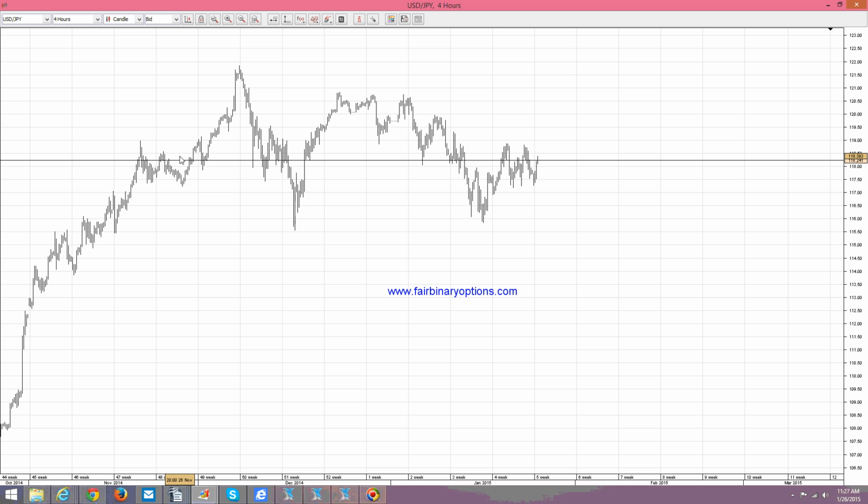We're looking at a possible contracting triangle on the US dollar Japanese yen, and it seems to be completed. Now, at this very moment, taking into account the fact that we are on the 26th of January and the month is going to end on Friday, I would like to trade call options on the pair based on this